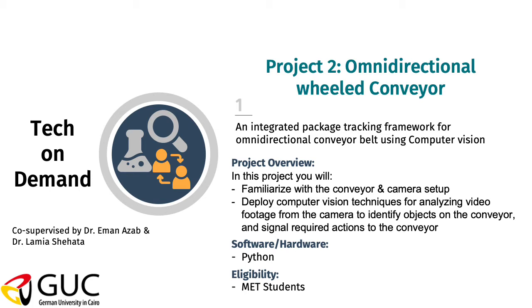Okay, so it's mostly video processing and then a little bit of control in order to establish the connection and transfer of data between first the camera and then the back end that you will be developing to analyze the video from the camera, and to the conveyor in order to have the whole control closed loop, or the flow of information between the camera and the conveyor, and then perform the correct actions on